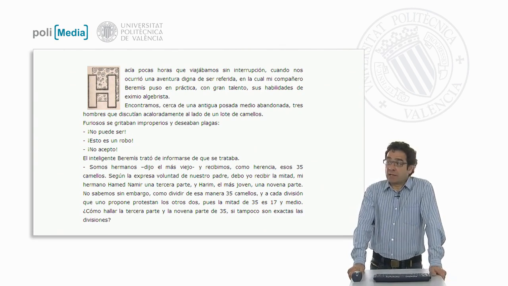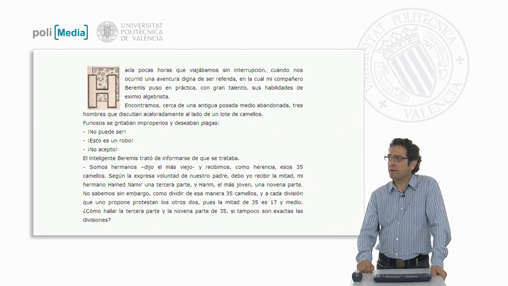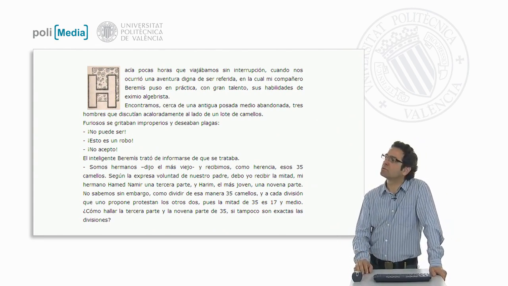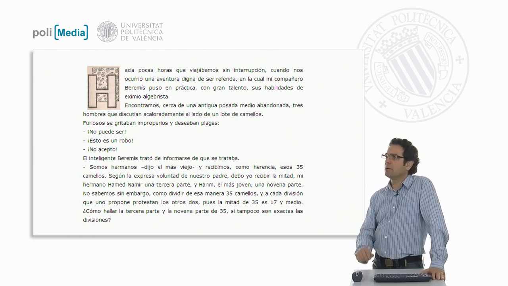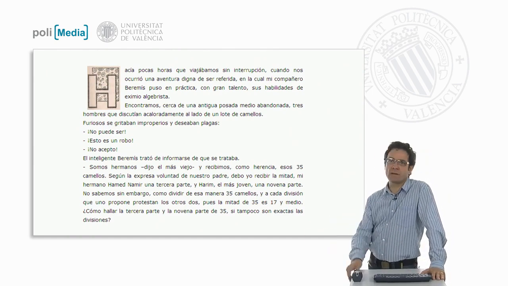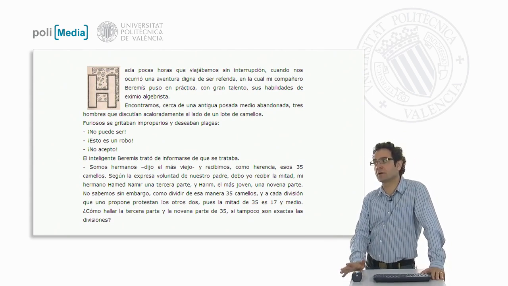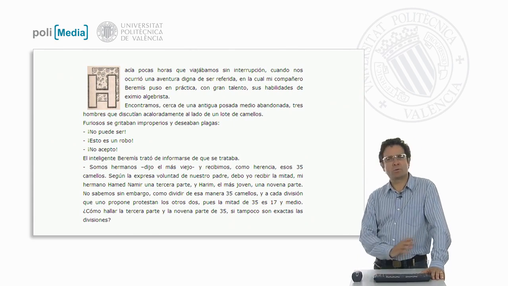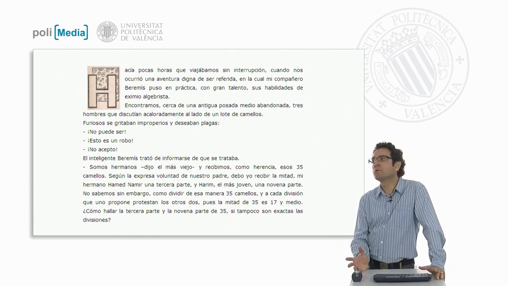They told him that they were 3 brothers, and that they had received as inheritance 35 camels. The one who spoke said the following: "According to the will of our father, I should receive half of the camels as the older brother. My brother a third part, and Hamed the youngest the 9th part of the whole. We don't know, however, how to divide the 35 camels that way, and each division that one proposes, the other 2 protest." Well, we have to notice that half of 35 is 17 and a half,